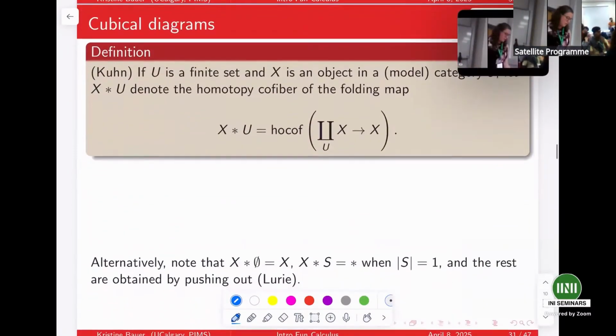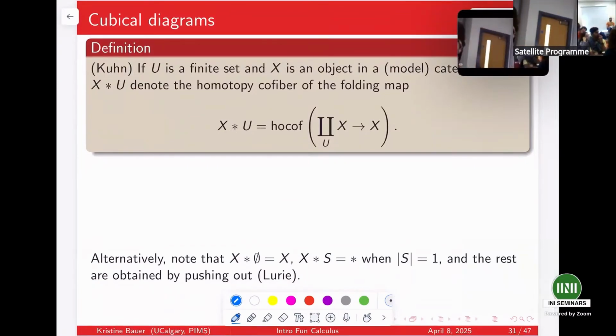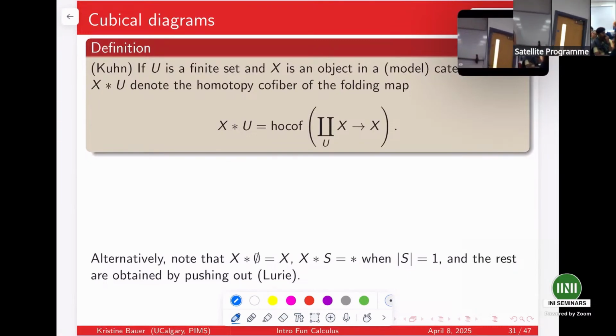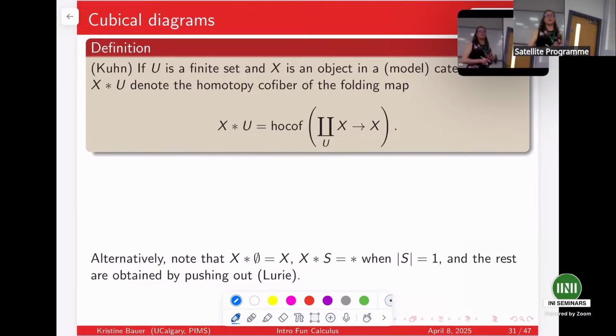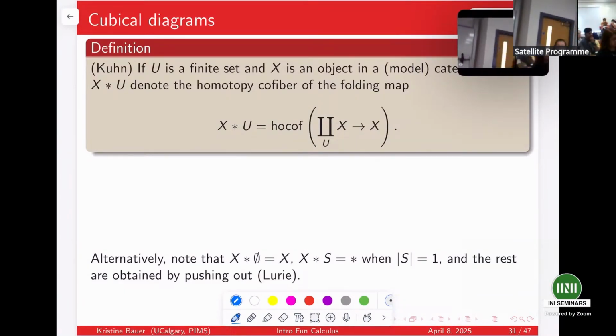All right, so now what I want to do is try to get away from thinking about this in terms of spaces and instead just think a little bit more categorically. So I'll give you 2 perspectives on how you can replace those joins that we talked about that were very space dependent with things that might happen in a model category or an infinity category. Okay. So the first thing is, so Nick Kuhn wrote down how to do Goodwillie calculus in a model category